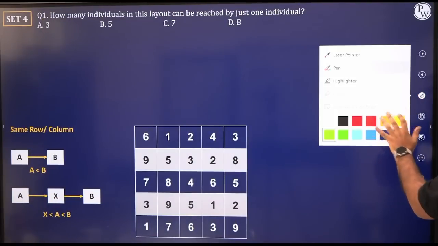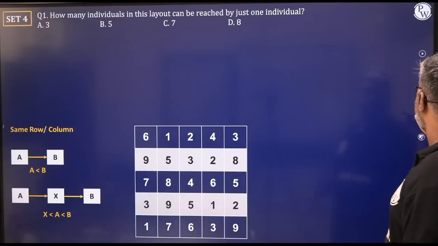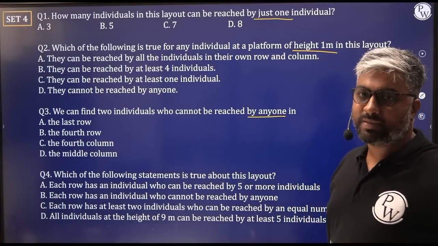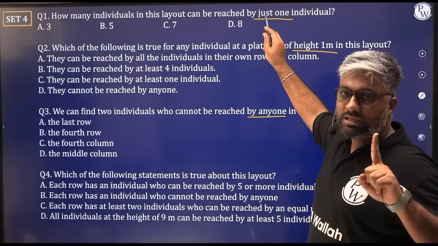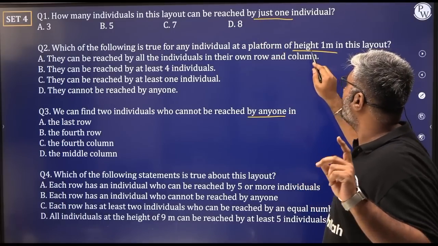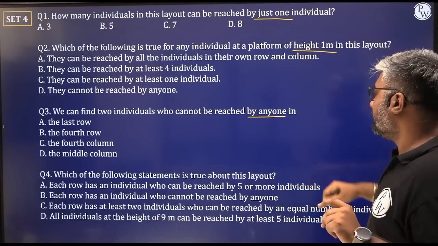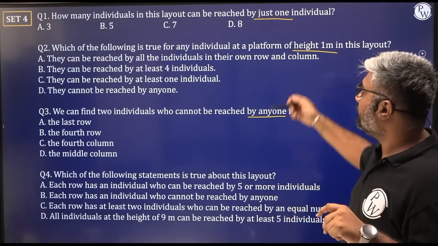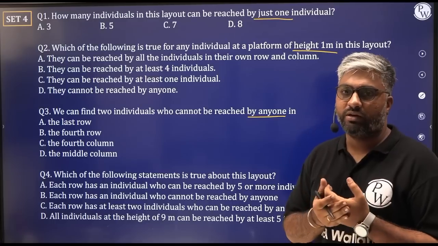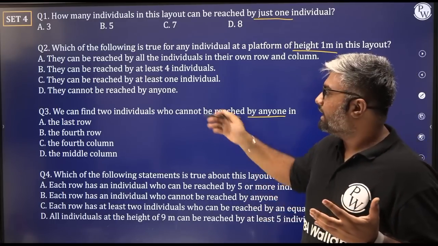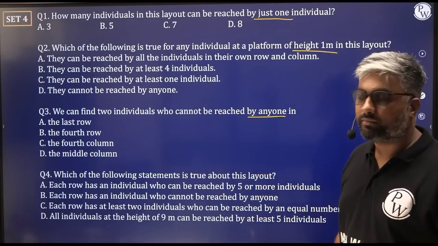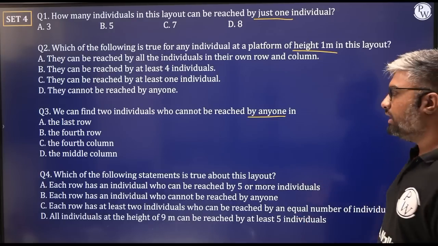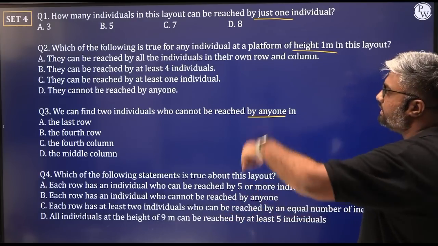We have a look at the first question. So we've seen that throughout the questions, we'll have a look at the questions again once all together. If we look at the questions, they are specifically asking for reached out by just one individual. They are specifically asking for height being 1 meter, very more specific. The third one they're asking for cannot be reached by anyone at all. Right. So if we deal with the first 3, I think we would have answered the majority of the questions. Getting 3 out of 4 right is a good thing, right? The fourth one, however, will require us to work even harder for it. I think we'll look at the fourth one a little later. Let's deal with 1, 2 and 3.